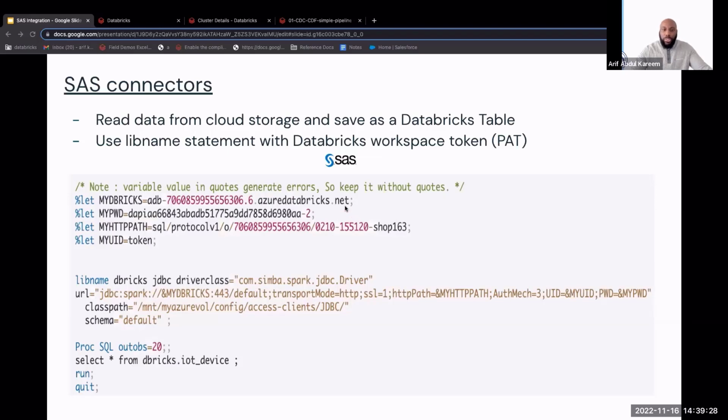So including the Databricks URL, you'll need a PAT token, which is a personal access token. I'll show you how to generate that, and we'll use that for authentication. And then we'll need an HTTP path. And most of this, with the exception of the token, is going to be fixed. So the admin team can provide you with it,